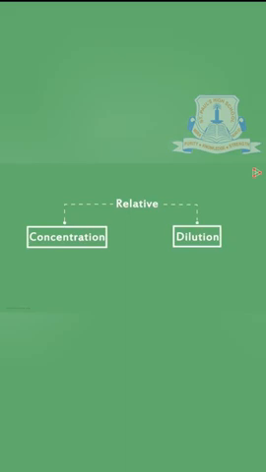Okay, here we will now understand the meaning of the words dilution and concentration. These two terms are relative to each other, meaning related to each other. We take two beakers, the first one and the second one. In both the beakers, we take 100 milliliter of solvent, and then in the first one we add 20 milliliter of solute, while in the second one we are adding 50 milliliter of the solute.